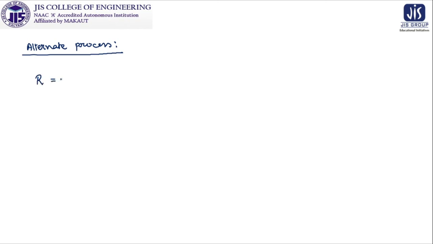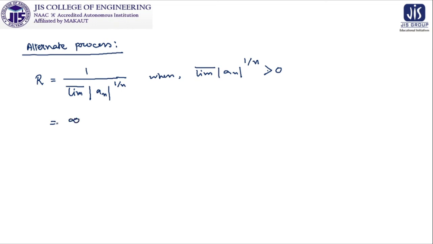The radius of convergence will be r is equal to 1 by the limit supremum of mod of a_n to the power 1 by n, when mod of a_n to the power 1 by n is greater than 0,